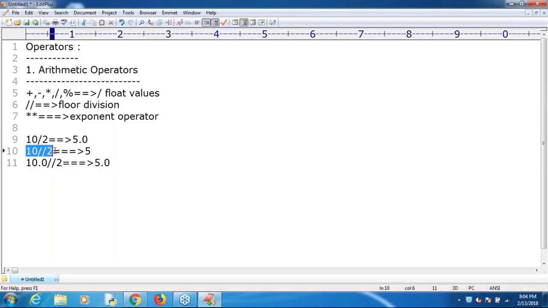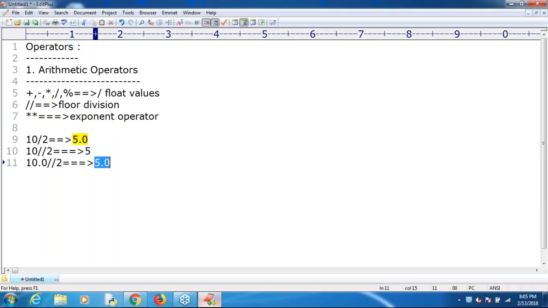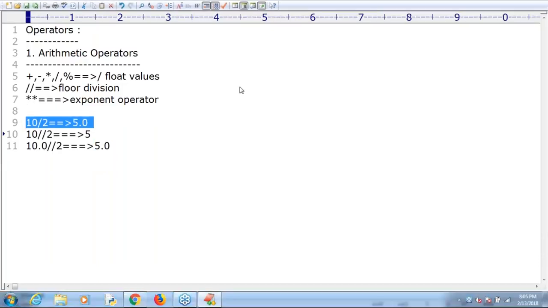If the arguments are int type, the result is int type. If the arguments are float type, the result is float type. So floor division works for both int and float values, but the normal division operator always generates only a floating point value.